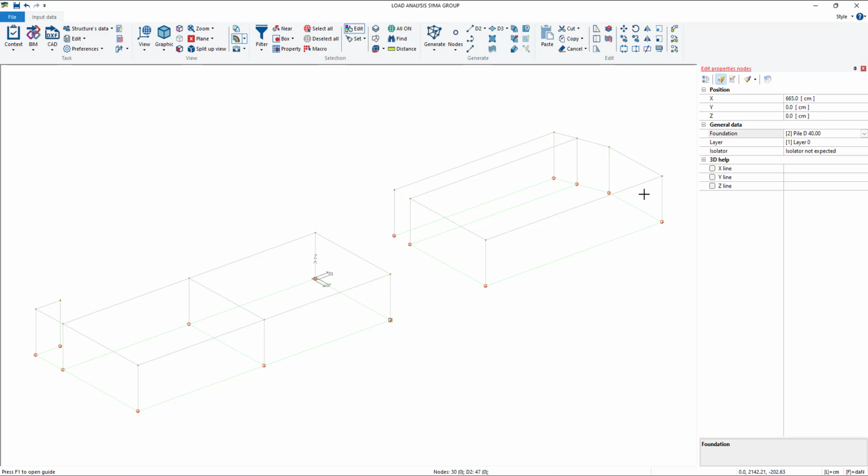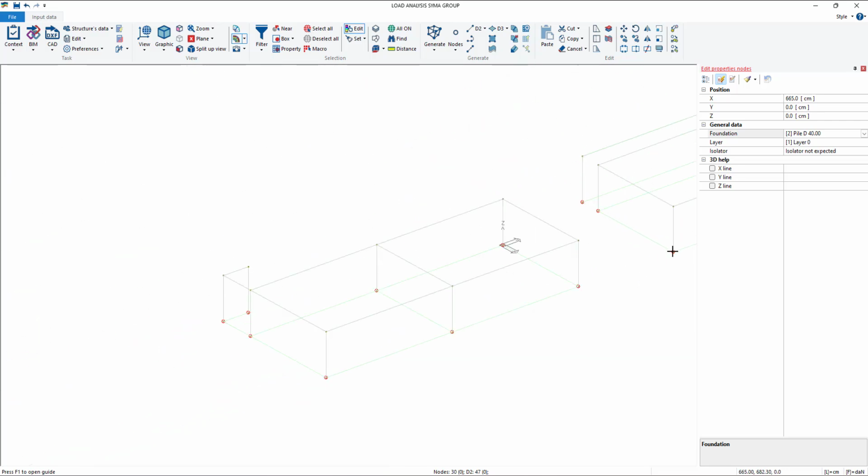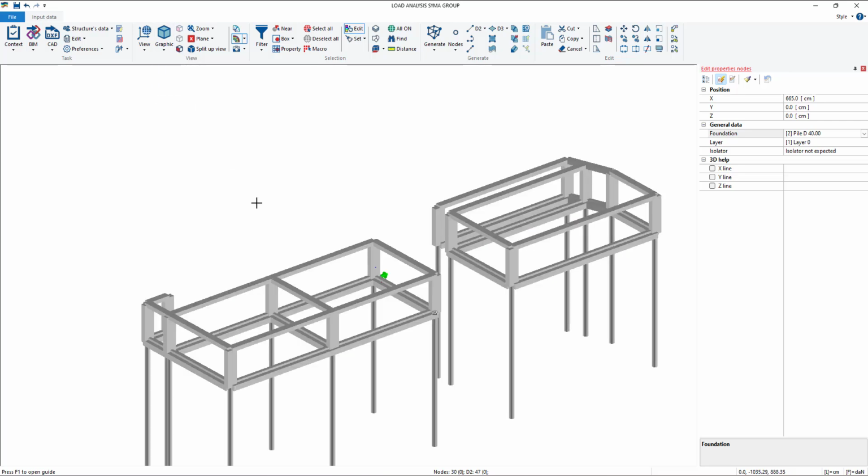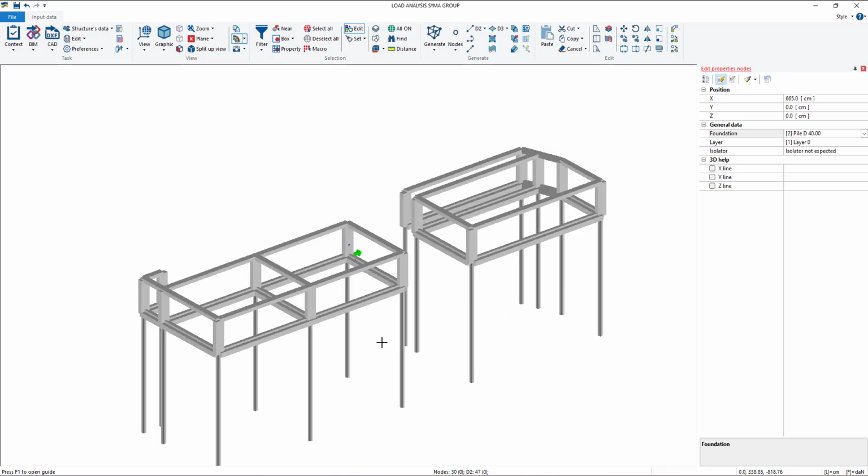In this case, when you assign a foundation element, you have a small red circle around the node that tells you there is a foundation element assigned to it. If you go with solid view, you can effectively see that.